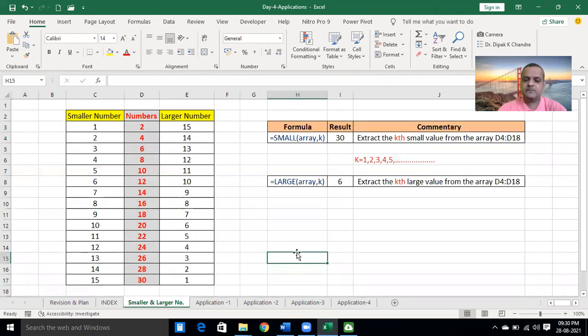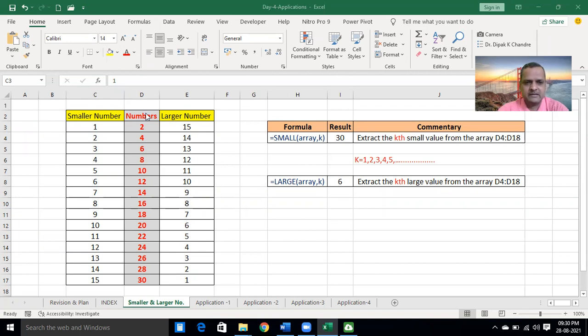Then the next functions are the larger number and smaller number. See here, the numbers start from 2 to 30 in ascending order, and your first smaller number is 2, second smaller number is 4, third smaller number is 6.